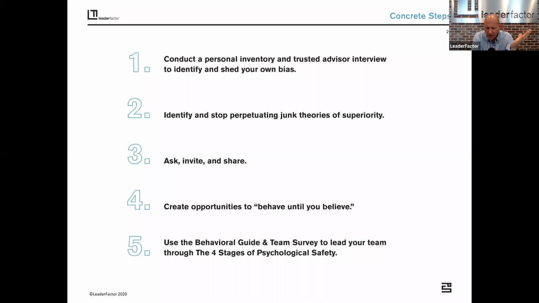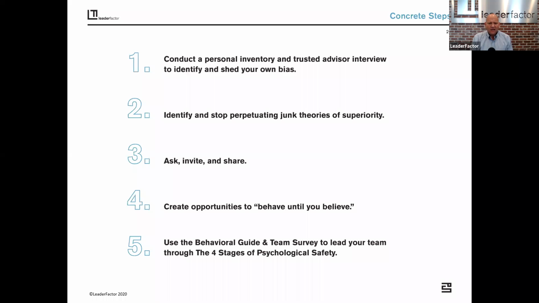Humans are dripping with bias. This is the way that we are. This is the way that we make sense of reality. And it's also a way that we create cognitive shortcuts so that we can process the world. But we all have trace elements of negative bias that we need to get rid of. And this is a very wonderful and liberating process to go through. So that's number one. And you can set people up in peer coaching relationships in an organizational setting to do this. And it is incredible, the power that can come with just step one.